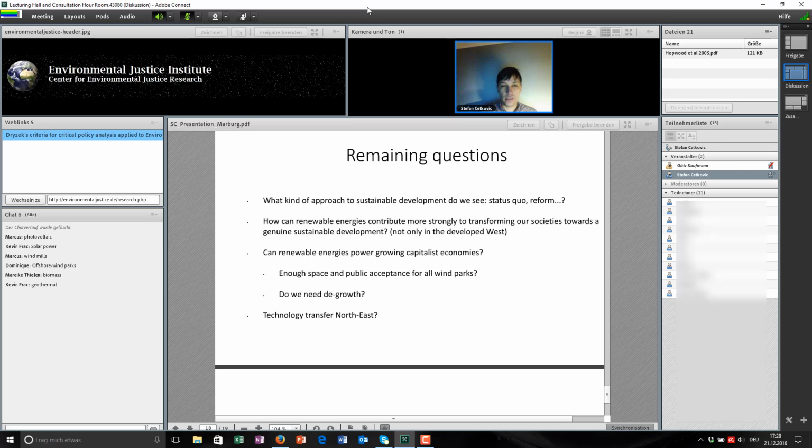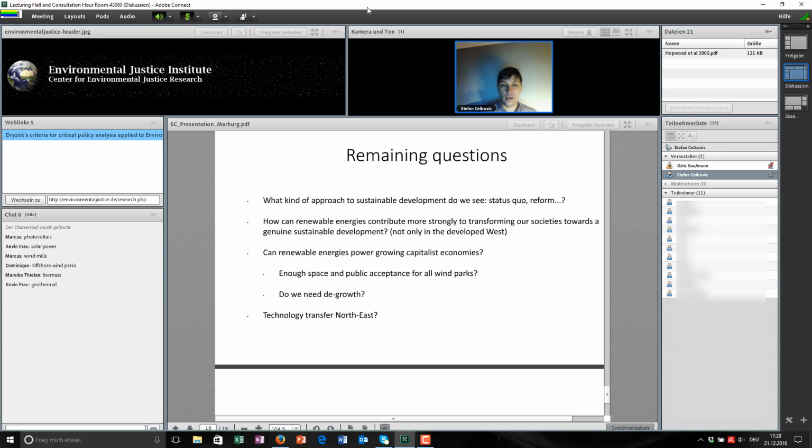And also the question is, of course, which is also related to this whole debate about sustainability: can renewable energies power growing capitalist economies? There's the goal, which we also see in the Agenda 2030, that we need economic growth to achieve sustainable development goals. The question is to what extent you can really replace all existing energy power plants with renewable energy plants and continue to